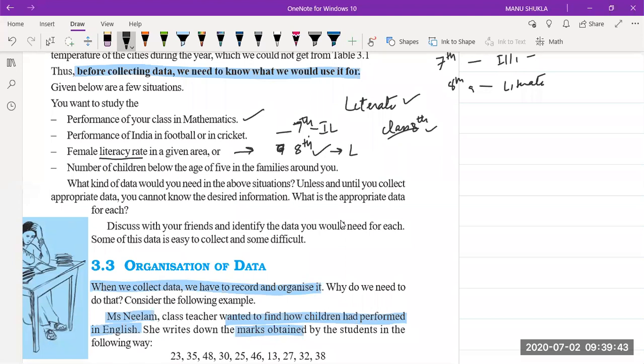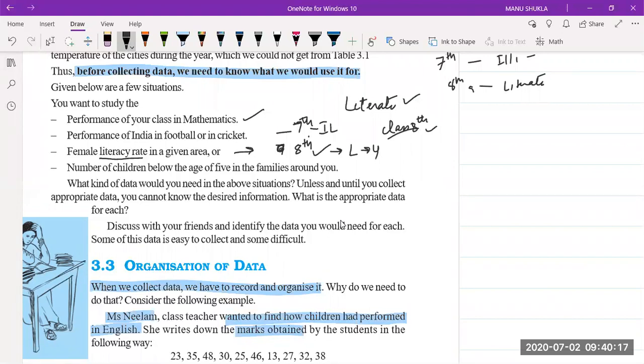So you will go to every home and you will ask, sir, how many girls are there, how many women are there? They will tell you 4. Then you will ask, what is their education qualification? Suppose they say they all are graduates, you will say there are 4 literate in that home. Similarly, you will go to the next home and find there also. So this is the way survey happens. This is the way they collect data. After collecting data, they study the data and understand the area.